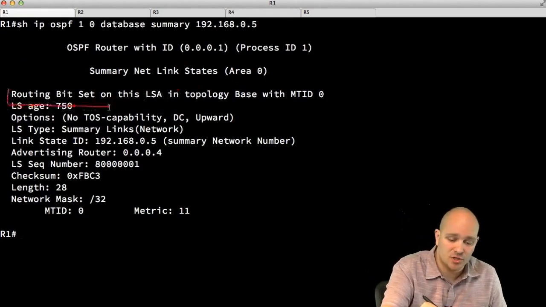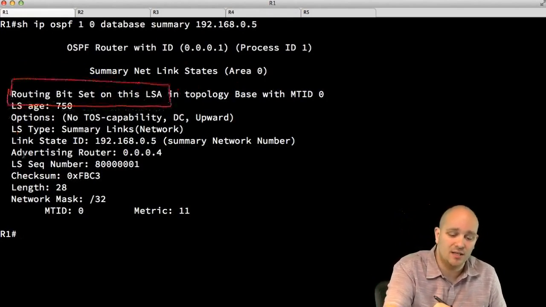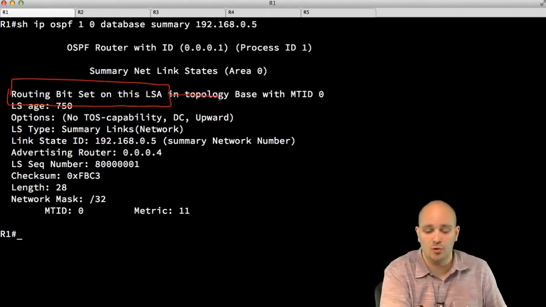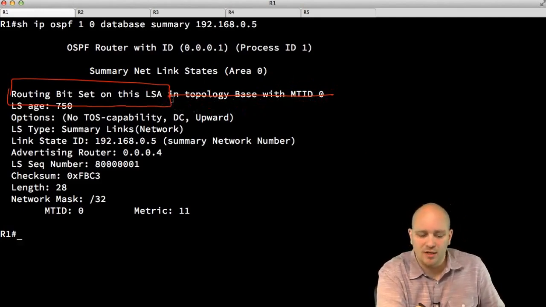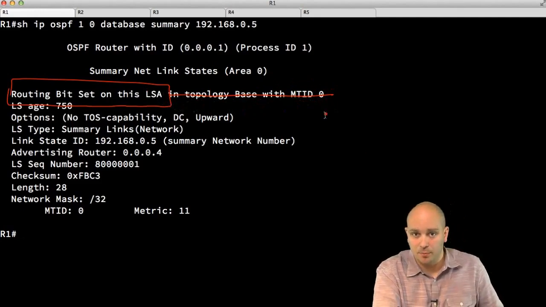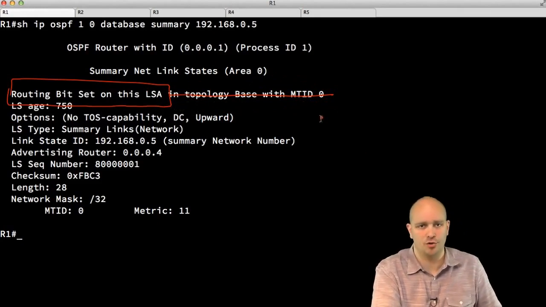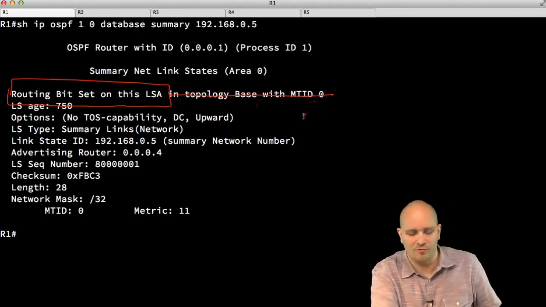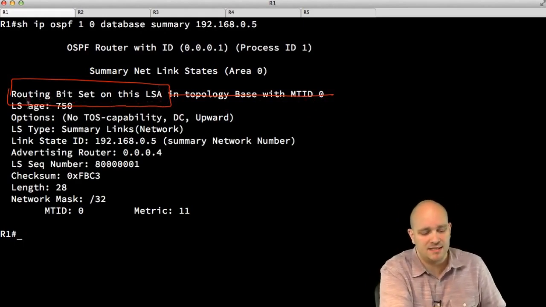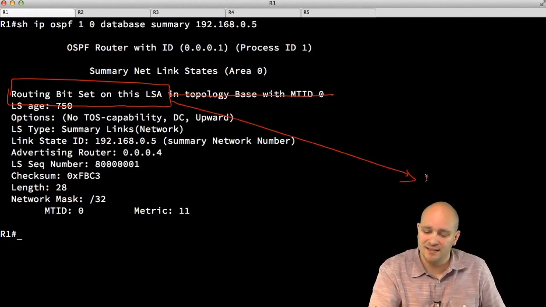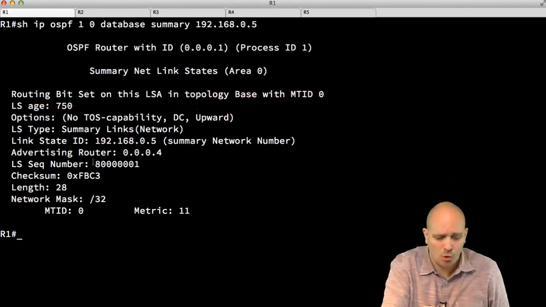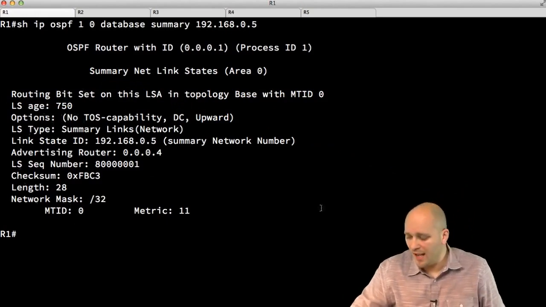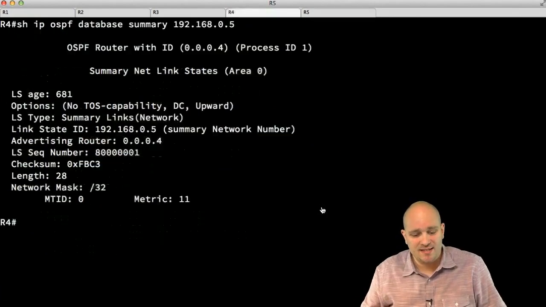I'm going to have this information here that says there is a routing bit set on this LSA. You can ignore this topology base here because this is added in relatively recent versions of IOS, support for something that Cisco calls MTR, or multi-topology routing. This is not something of concern for us at this stage of learning. Routing bit set on this LSA simply means that OSPF thinks that this prefix should go into the routing table here. So now we can see that this LSA is absolutely the same as the one that was